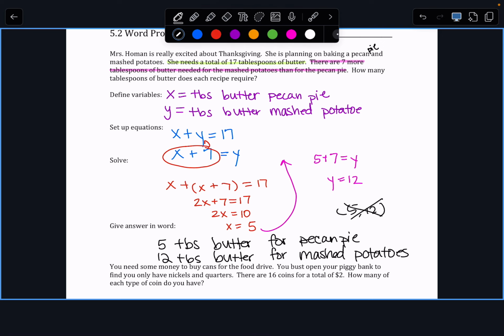If you do not tell me what your X and Y equal, or if you want to use M and P or whatever it may be, I'm rhyming. When you get to your answer, you might not know which number means what. So label it in the beginning so that I know what you're doing. Okay? Do you understand what my expectations are? Okay. All right. Save that sheet because we'll go through